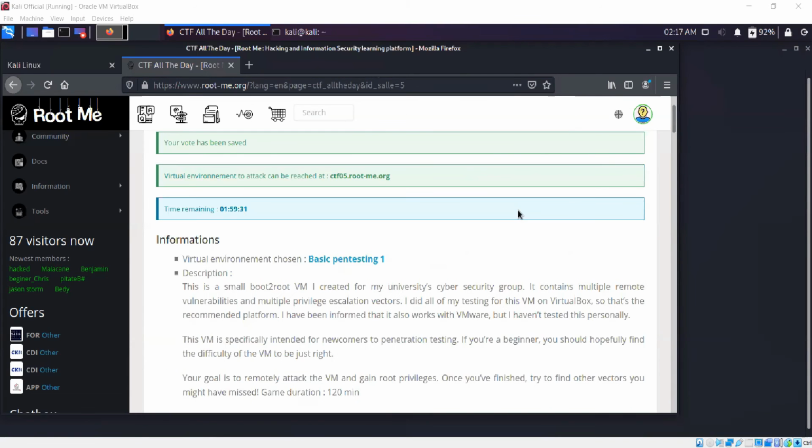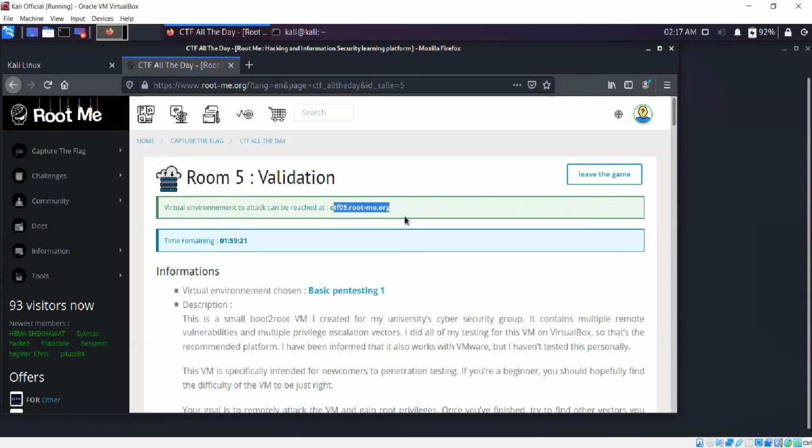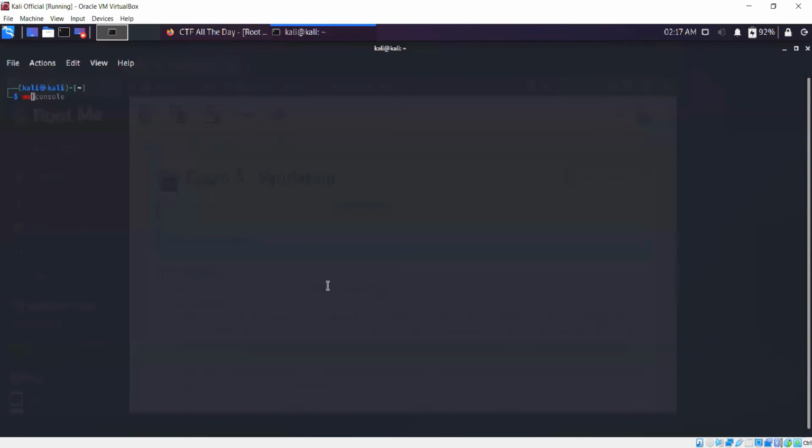All right, so I'll show the exploit once again. This is where it is hosted. I'll copy this. I'll enter msfconsole.